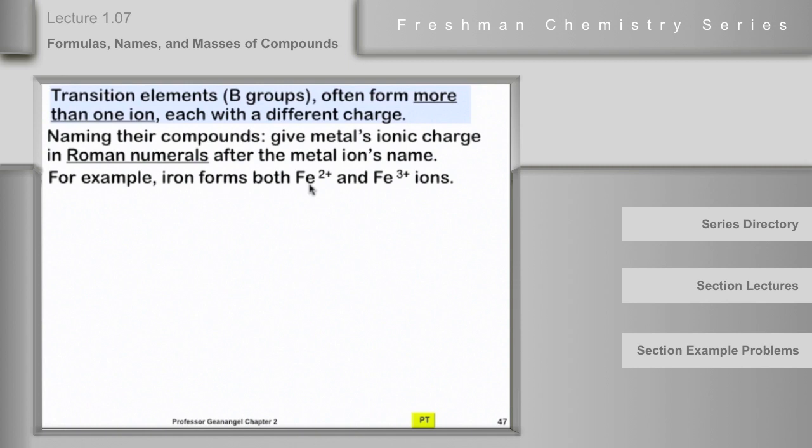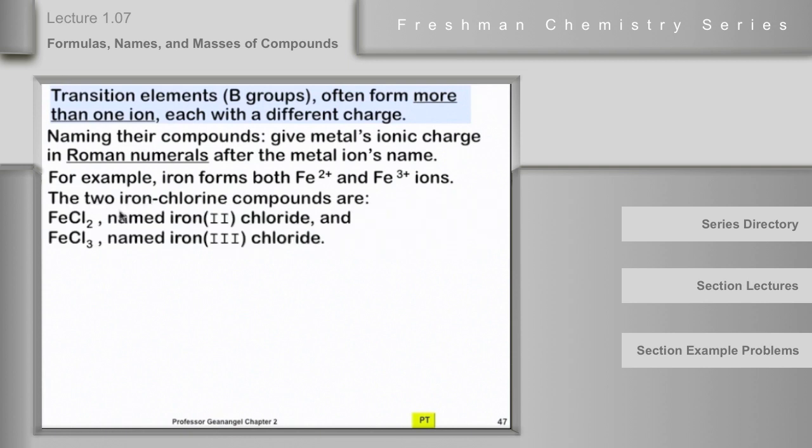And let's take an example. Iron forms Fe2 plus and Fe3 plus. So in order to distinguish between these and not call them both iron chloride, we use these Roman numerals. And so FeCl2, since each chlorine is really a chloride and has a 1 negative charge, if there are 2 chlorides, the iron ion has to be 2 plus, so we write it as iron Roman numeral 2 chloride, iron 2 chloride. The other one will be iron 3